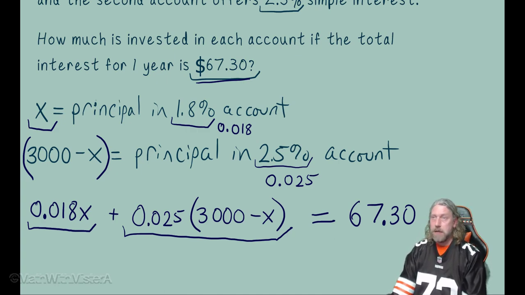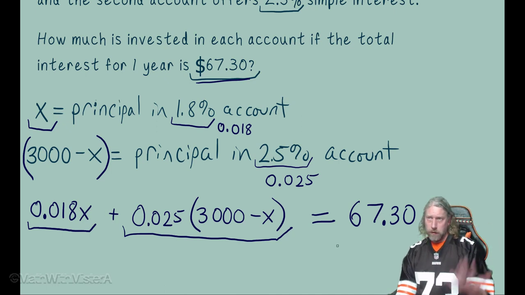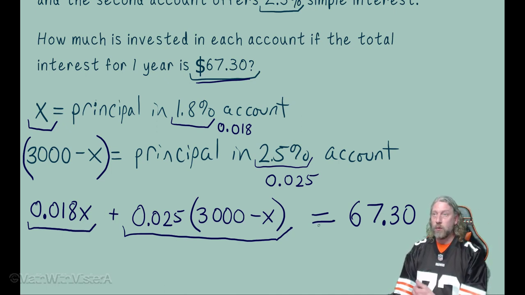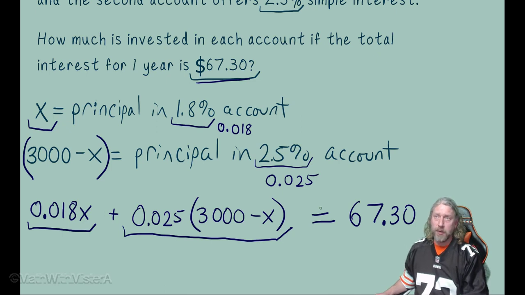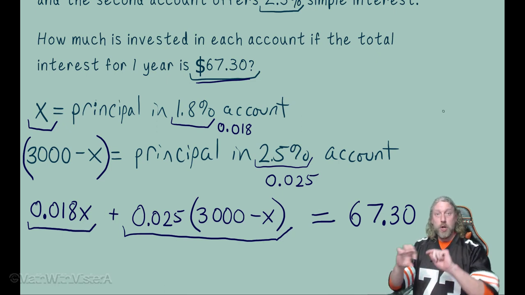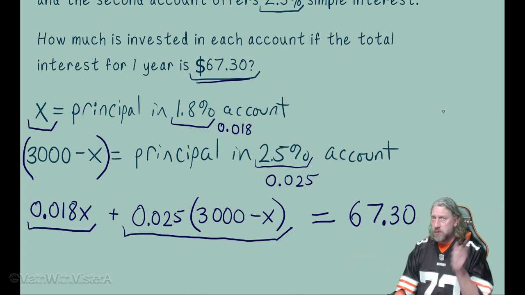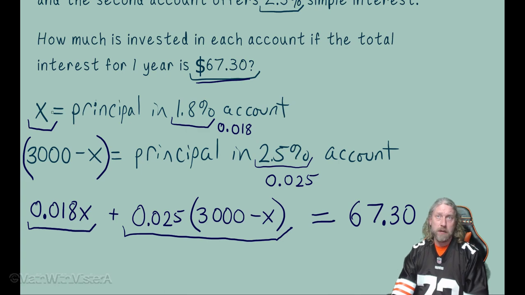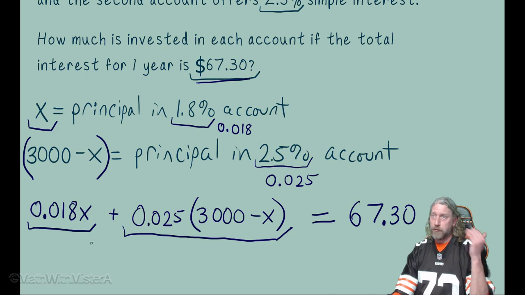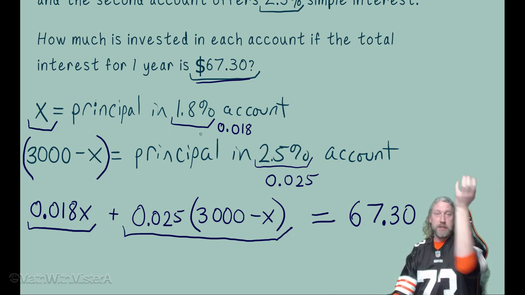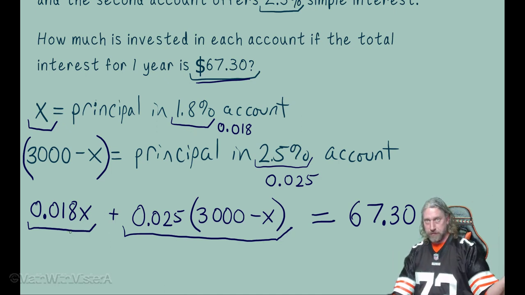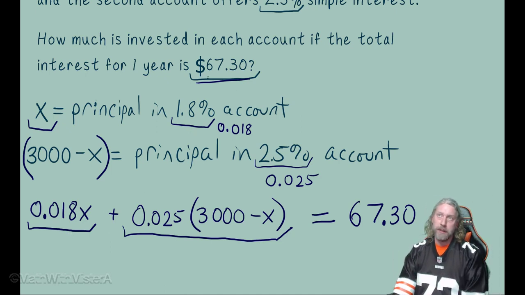We'll pause for a second to reflect on what we just saw about setting this up, where we had to notice that we have two unknowns, but we knew what the total was. That gives us a specific strategy for setting up those variable expressions to represent the unknowns. After that, we went right back to our usual calculations. The interest is principal times interest rate. Interest from the first one added to interest from the second one needs to equal that total interest that they tell us,